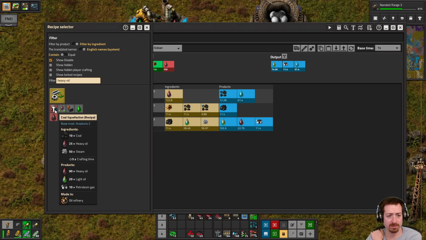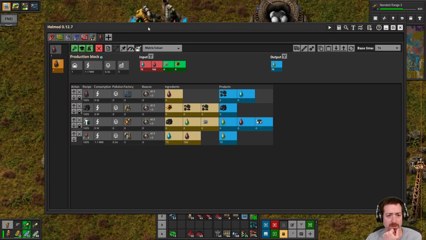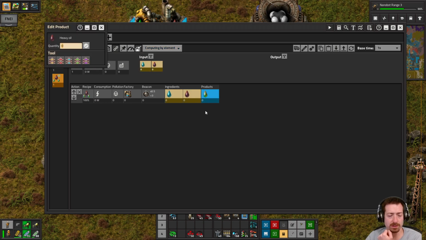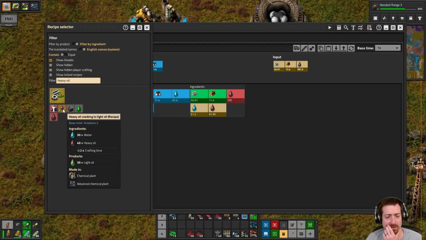Let's see, what's the alternative? So the alternative here is the heavy oil cracking. Okay. And that one, if we have 100 heavy oil, we end up with 61.4. Though it takes a lot less power and a lot less buildings. And it doesn't require wood. And then finally, the other option we would have would be...